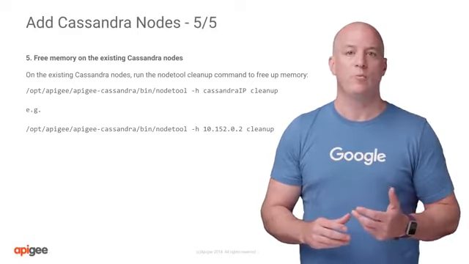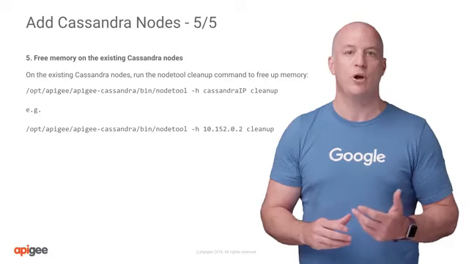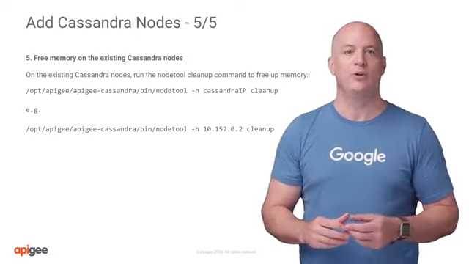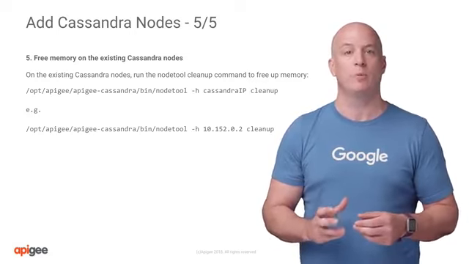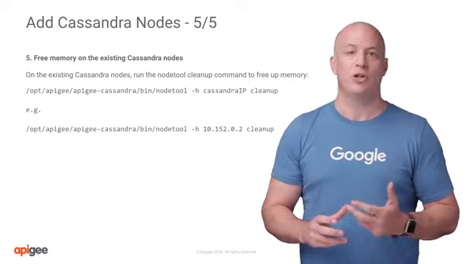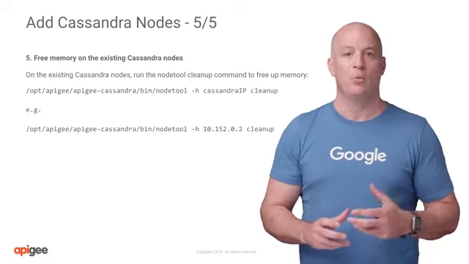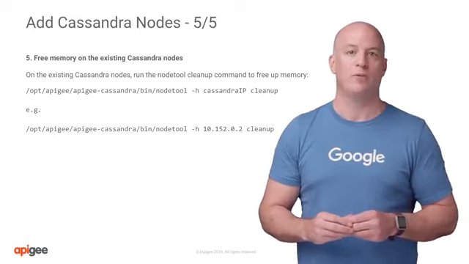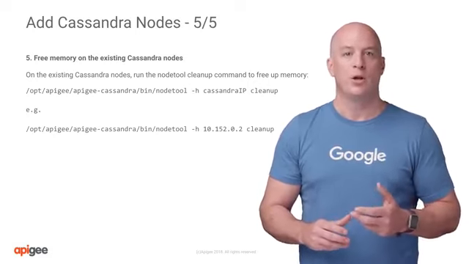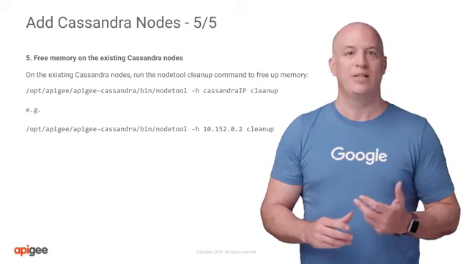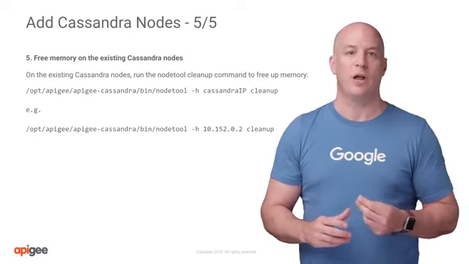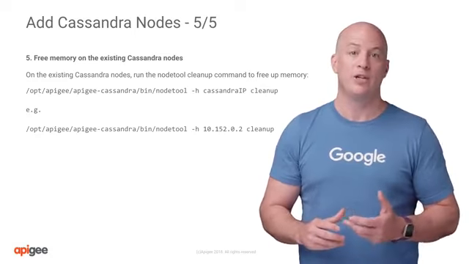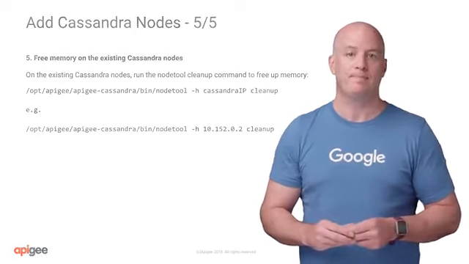This is done to remove unwanted data following the addition of a new node or nodes to the cluster. When new nodes are added, existing nodes will lose part of the partition range they are responsible for. Cassandra does not automatically clean this data up, which has an unwanted effect during rebalancing, with Cassandra including the old data as part of the load on the node. During the cleanup process, there will be an increase in disk usage proportional to the size of the largest SSTable, as well as accompanying disk I/O. The addition of the new nodes is now complete.